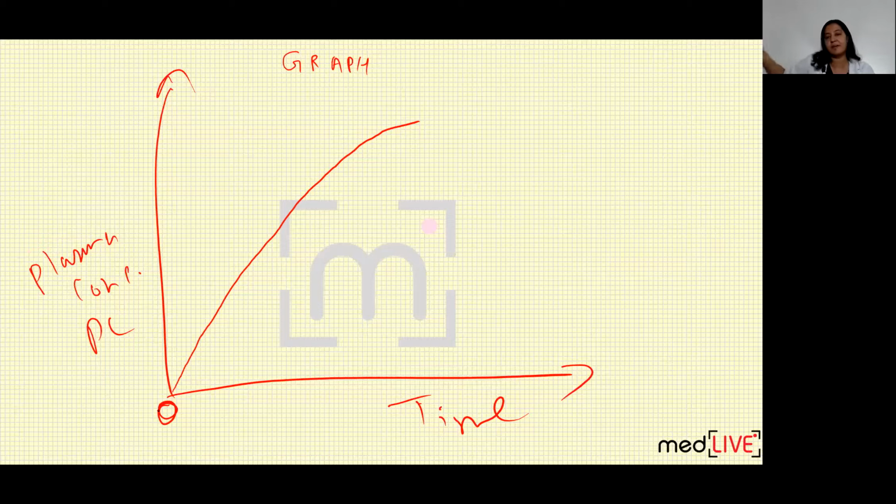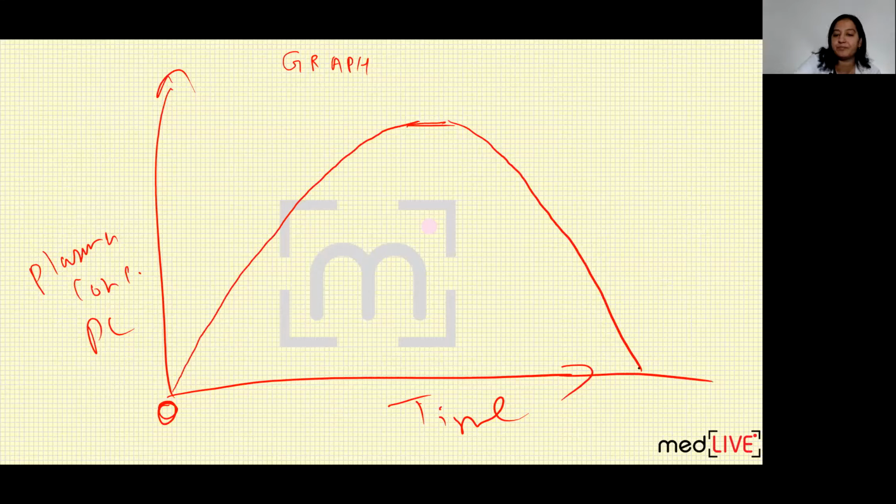After every 5 or 10 minutes, I am taking his sample and seeing the concentration of drug present in it. So initially, the concentration will go on increasing because he is absorbing from the intestine. After a certain point, a peak concentration will be reached, and after that, the concentration starts falling, and it will become zero. Why is it falling? Because after some time he started excreting the drug in urine through the kidney, and it will be excreted in the bladder and come out of the body. Correct. So this is the graph. The graph will always be of this shape only. It will be like a triangular shape. First, the concentration will increase, it will reach a peak, and then the concentration will decrease.